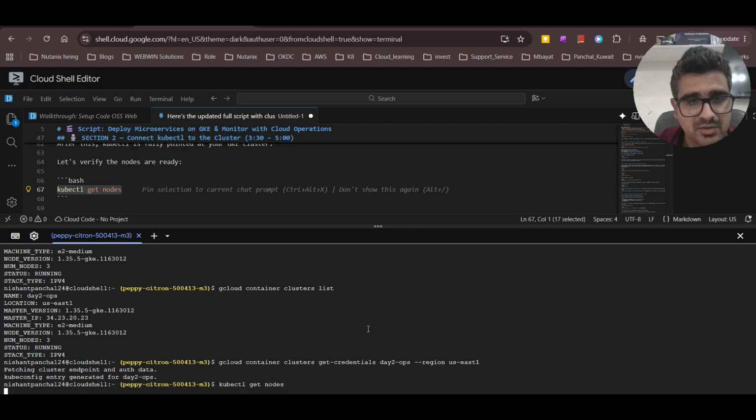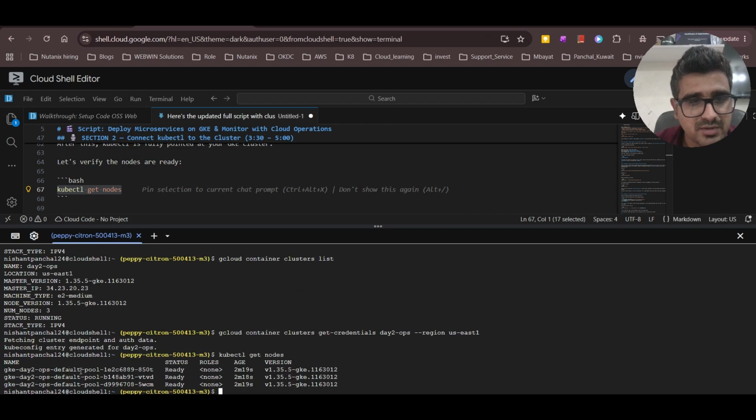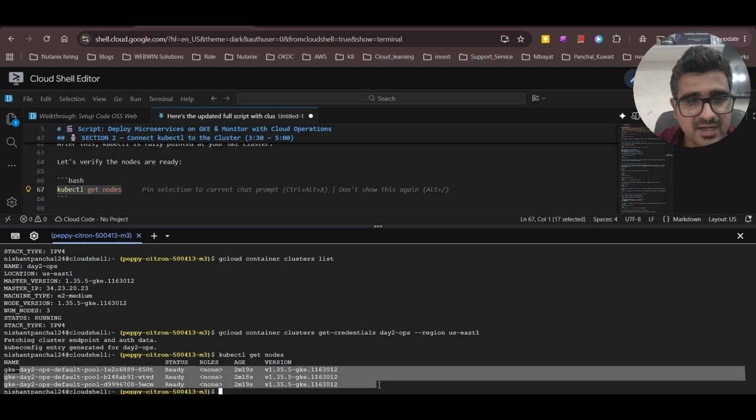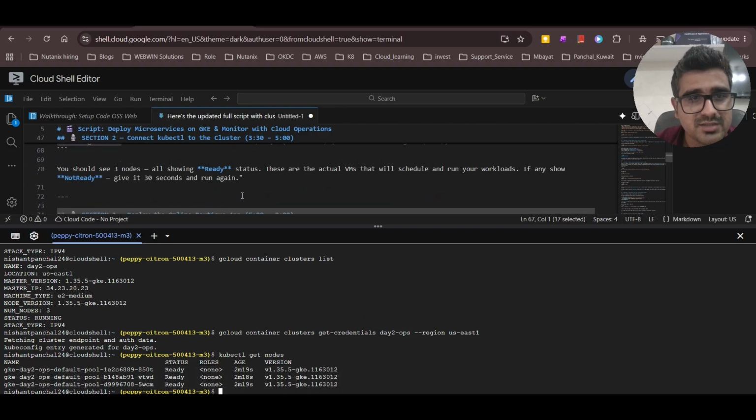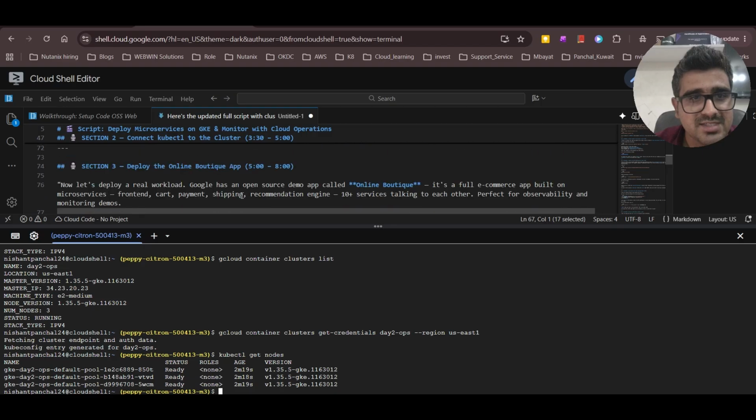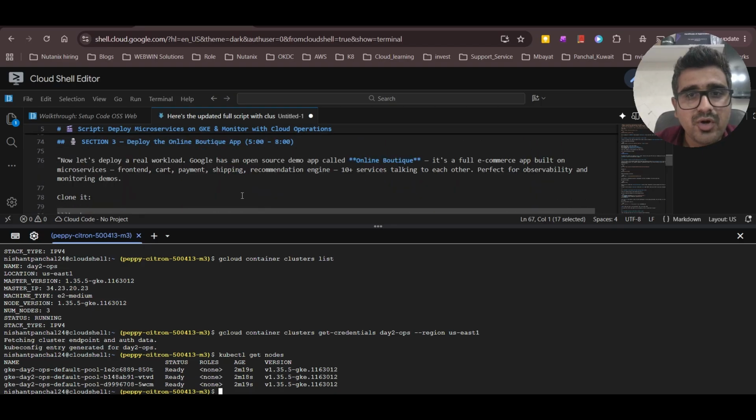I'll say kubectl get nodes. You can see that now 3 nodes are there. They are in the ready state right now and they are ready to run the containers. Okay, so now the next thing we have to do is the real